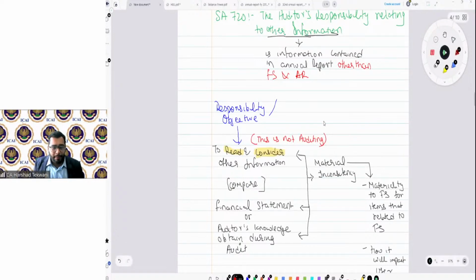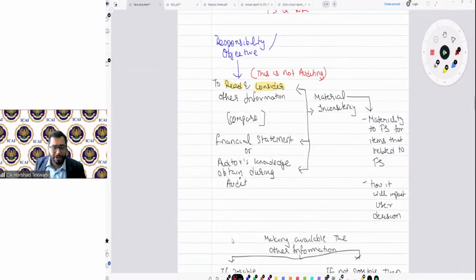Number two, where this SA is applicable. As we discussed, this standard is applicable to other information which is part of the annual report, but does not include my financial statement and audit report. But there are specific exclusions where this standard will not be applicable. So when I talk about other information,